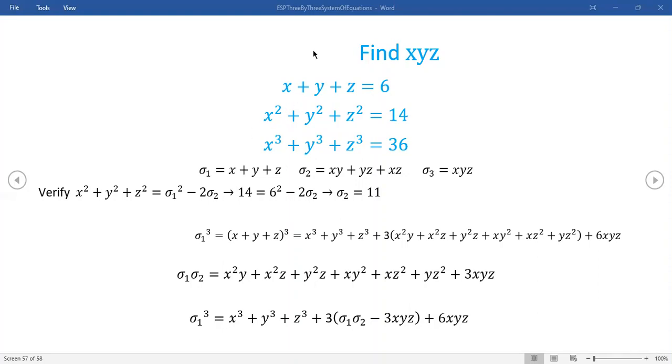Now, again, we're trying to find x, y, z, and we gave that a name. We won't really use the name that much, as you'll observe. But right here, when I say verify this, sigma 1 is defined to be x plus y plus z. It's not too hard to see that when you square that out, sigma 1 squared just means x plus y plus z